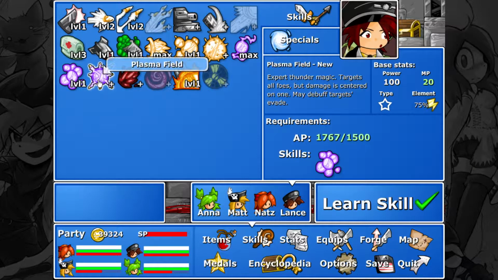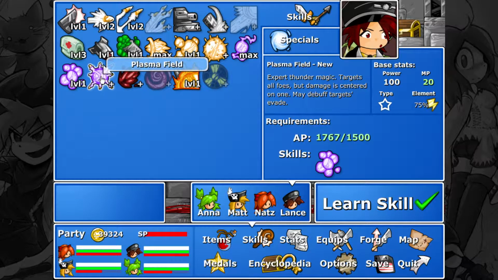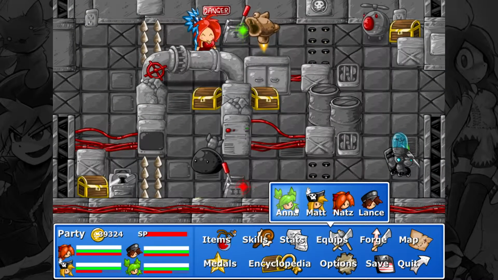I could power that up, or I could get this. Plasma Field, he has two very interesting attacks here, as you can see. These two focus on one enemy, but they do damage to a good deal of other enemies. I'll actually learn that, sure, why not? Could be fun. And now for equips,